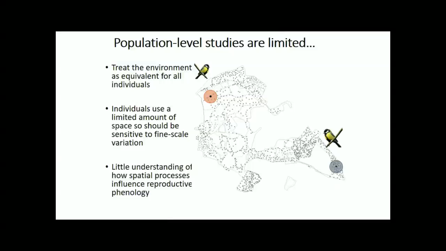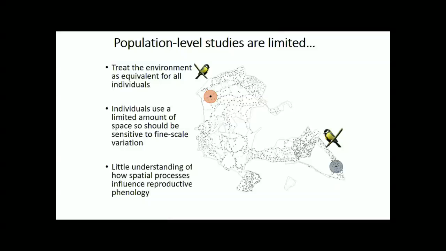So what we're doing here is effectively ignoring all of the variation that might occur within this. This is Wytham Woods here, 385 hectares. Each of the dots here is a nest box that could have a great tit breeding in it. We know from studies of foraging behaviour of these birds that they only exploit very limited areas around the site where they're breeding. Of course, they don't fly all over the woods to collect food.